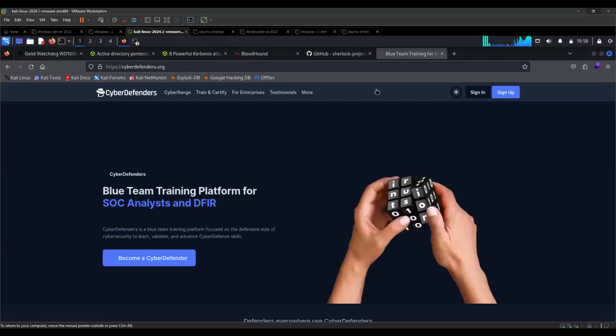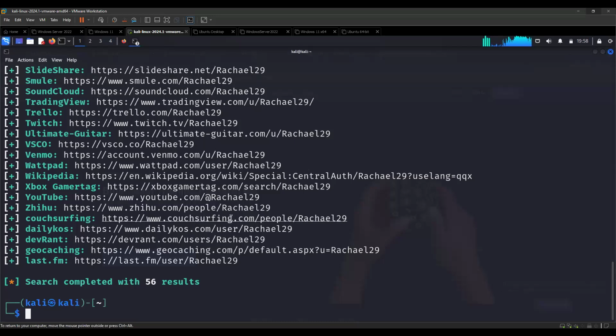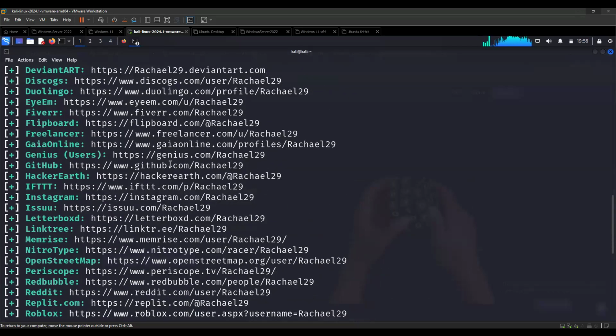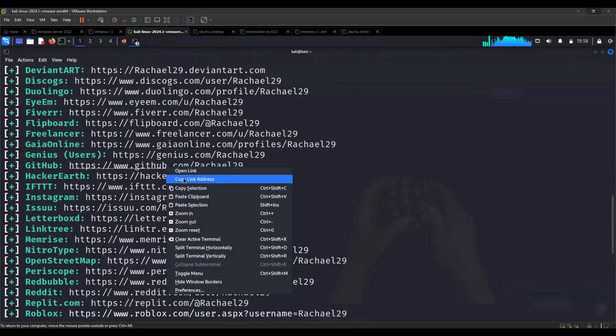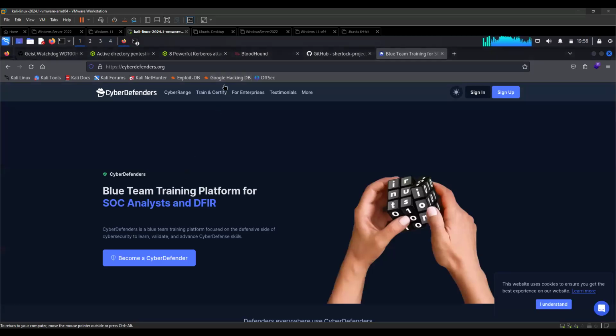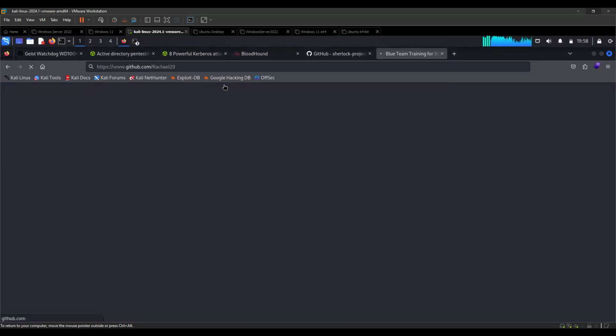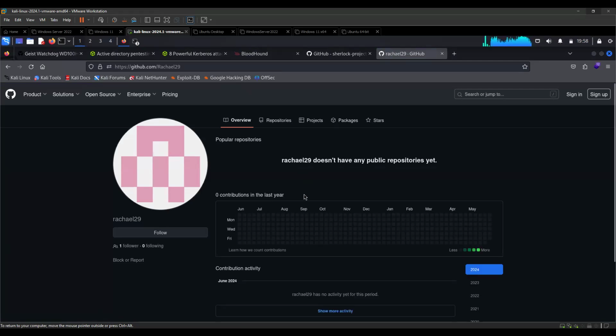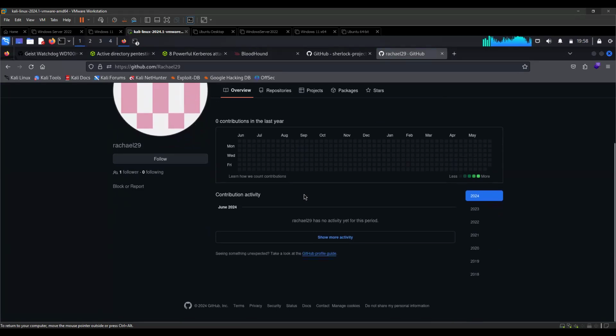Okay, I think this is requiring us to log in first. But that's showing us that there's a particular user on cyberdefenders.org and the username is Rachel29. I also saw someone for a GitHub account, so I can copy that too. At this reconnaissance phase, what you do is gather information and try to validate if it is valid to your engagement or not. If I'm looking for this particular person, I have this username, I can just keep looking. I have so many platforms returned. I'll start looking at each of those platforms and see if it relates to the kind of person I'm looking for or not.